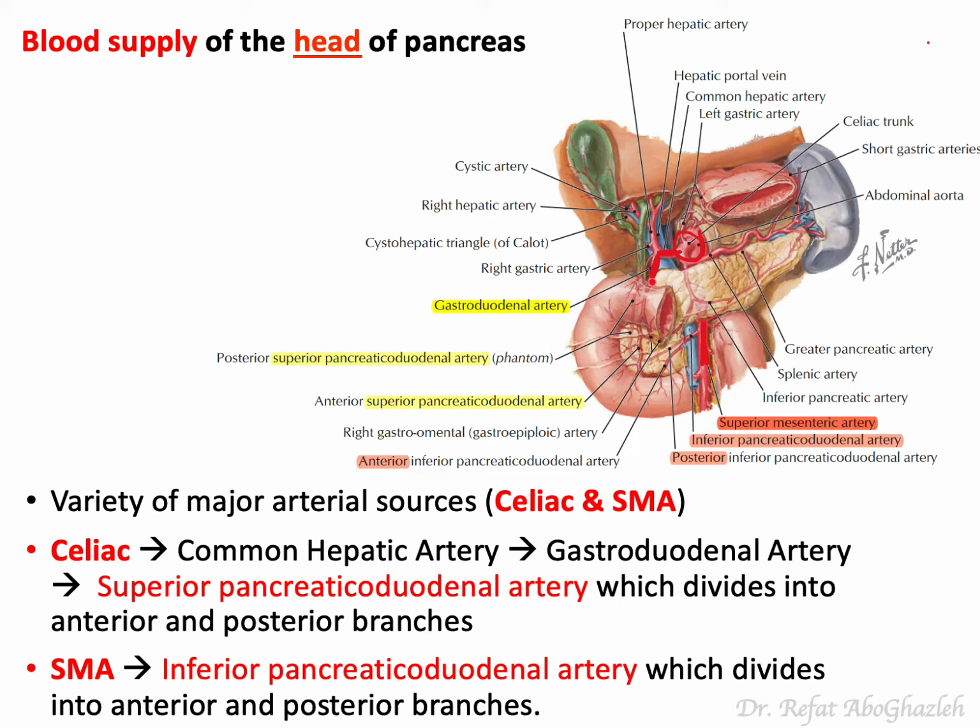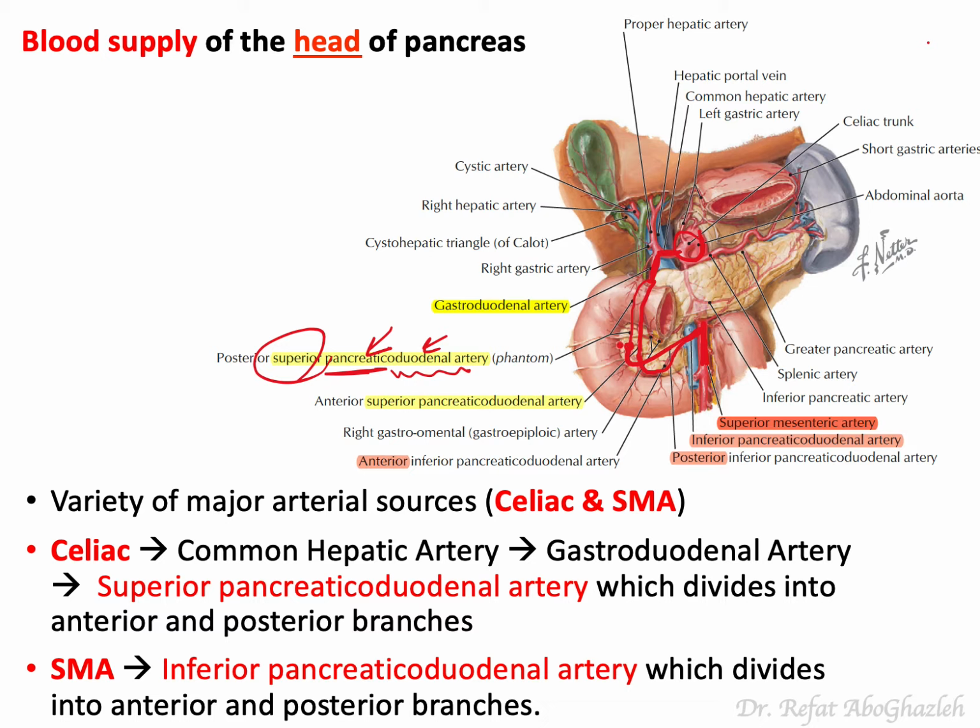Anyway, it divides again into the anterior pancreaticoduodenal artery and posterior pancreaticoduodenal artery. Yes, pancreaticoduodenal artery, that means to the duodenum and to the pancreas, to the head of pancreas. So this is the superior one, but the inferior one comes from the superior mesenteric artery that gives the inferior pancreaticoduodenal that divides into again anterior one that joins the anterior superior one and posterior one that joins the other inferior,